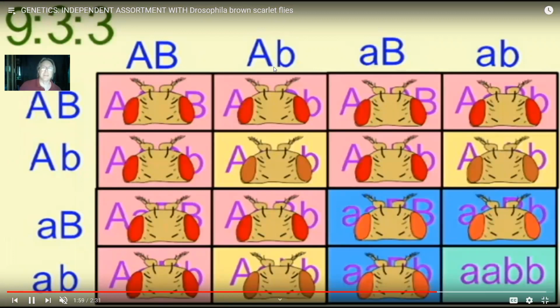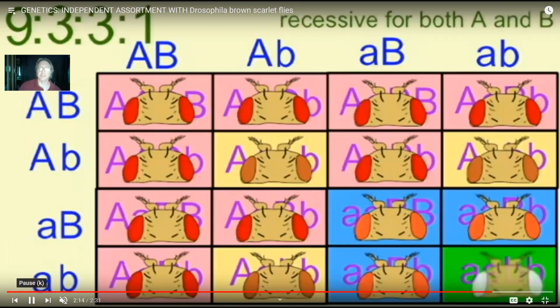So the A and the B alleles are assorting independently into gametes. And the way that we know this is the ratio of phenotypes, which we notice in this dihybrid cross, where we get a 9-to-3 to 3-to-1 ratio. That's what we would expect if these are randomly assorting, because they are independently assorting. And once again, there's a statistical argument here, and that will be in a separate